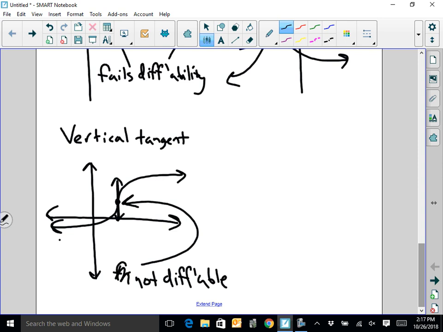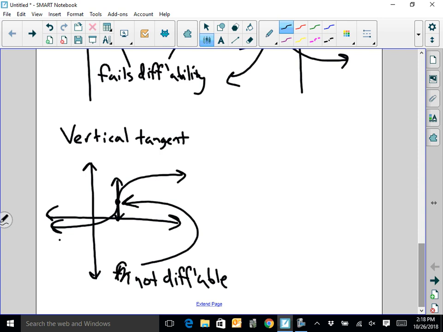These aspects of graphs aren't super common, but they do happen, and we have to be aware of them. So vertical tangents, corners, and cusps all give us problems. Now, all three of those graphs I just showed you would all be considered continuous graphs. So they pass the threshold for continuity, but they are not differentiable. They either have corners or cusps, so they're not smooth, or they have a piece of the graph that has a vertical tangent.